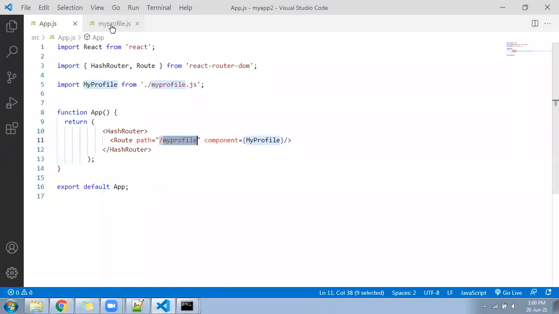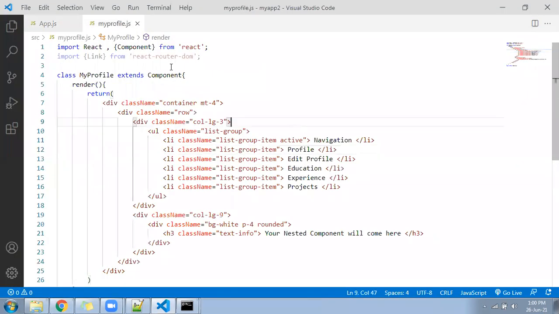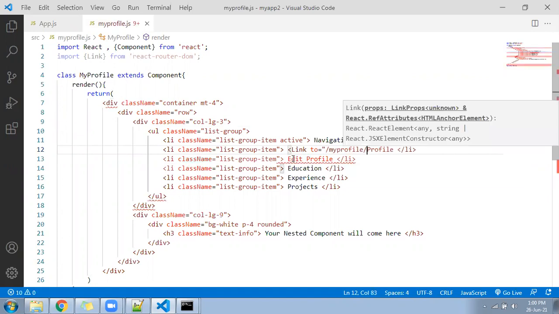Let's go next. In the profile.js file, this link we have given, we are going to write here called Link now. Link to slash my profile slash view, view profile.